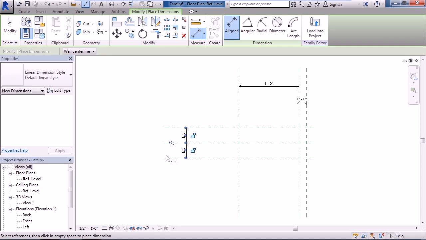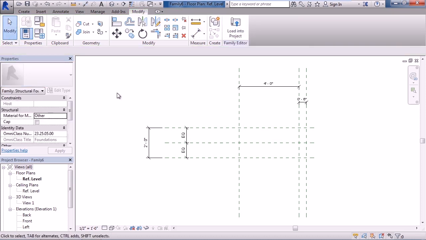To do that, start a new dimension by clicking the reference line on the bottom and then the one on the top. Move back over to the dimension and then left-click to place it. Here we have 2 feet. Click Modify. Now this sets up the reference lines and the dimensions. What we need to do next is add